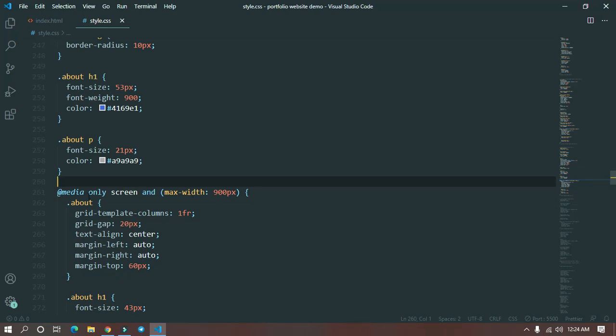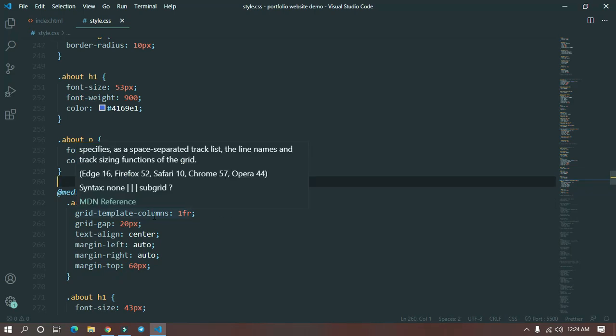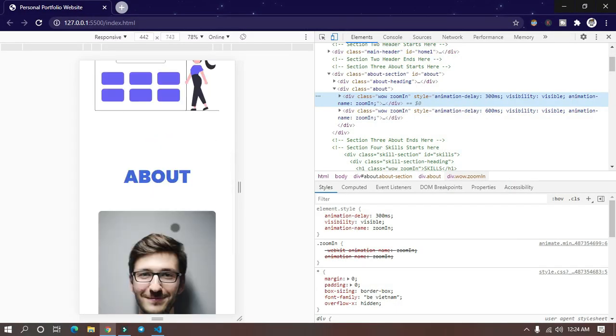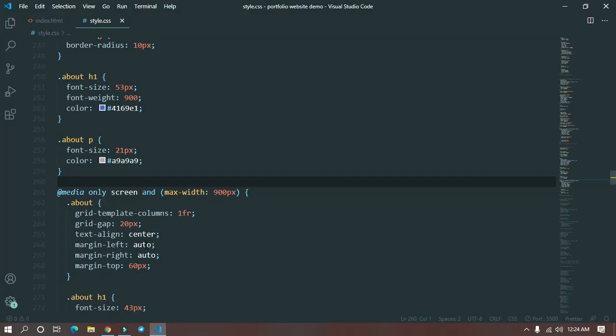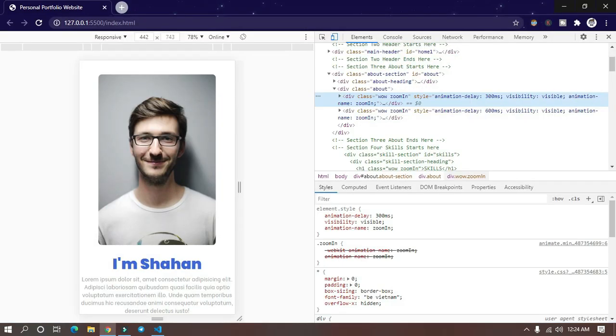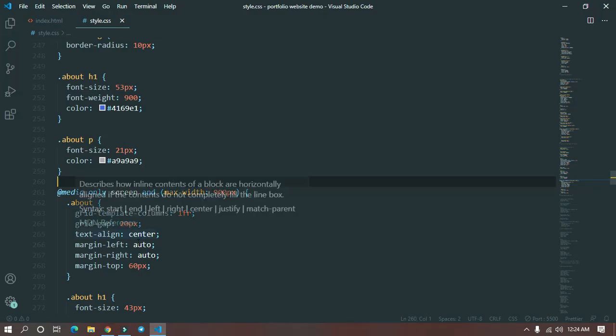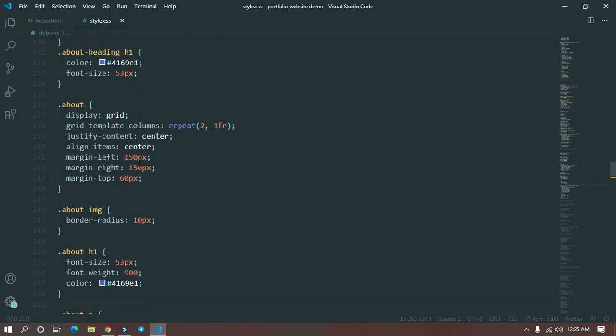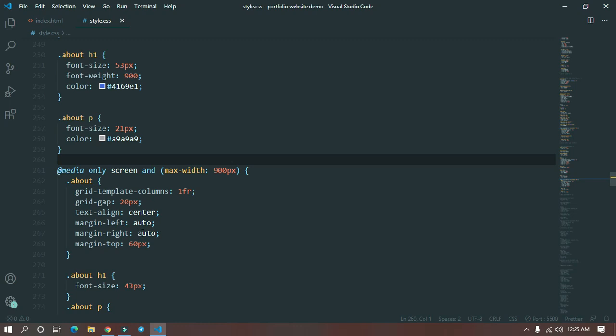So let's explain it. We have changed the grid template columns to 1fr, so it will show one column, with a grid gap of 20 pixels. Text align center. The margin left, which we had set to 150 pixels, should change to auto.